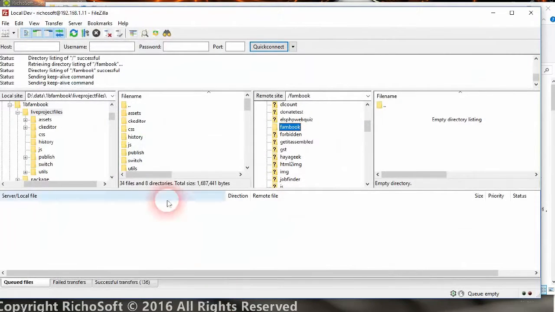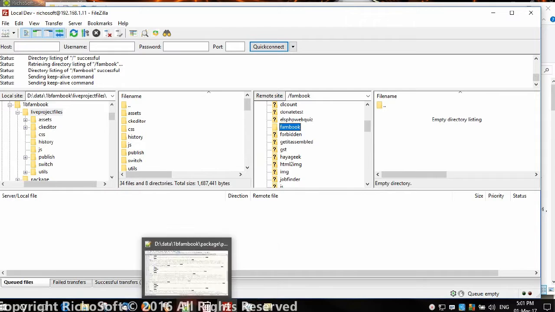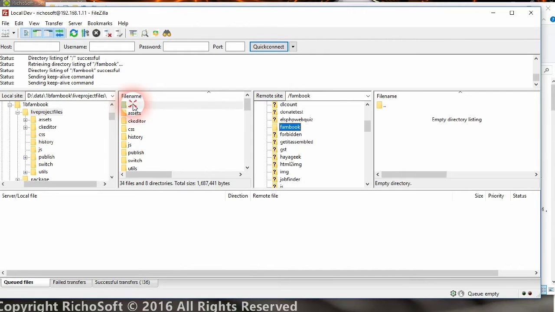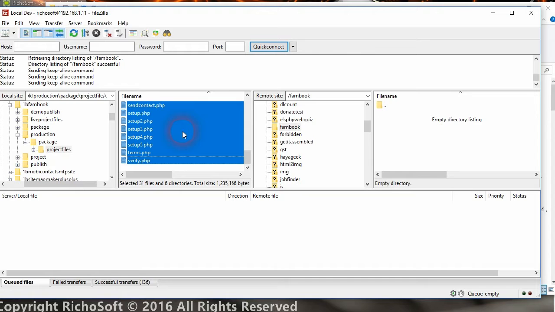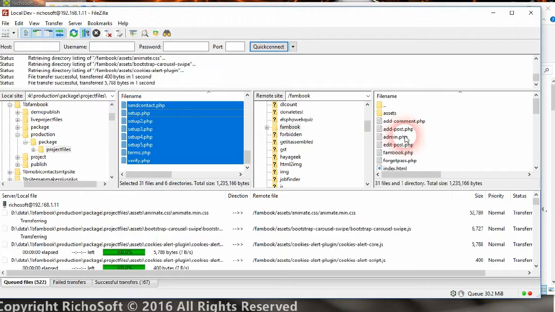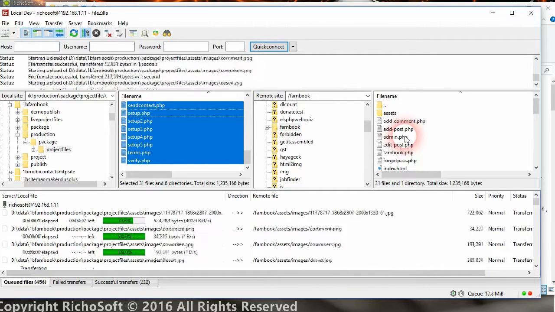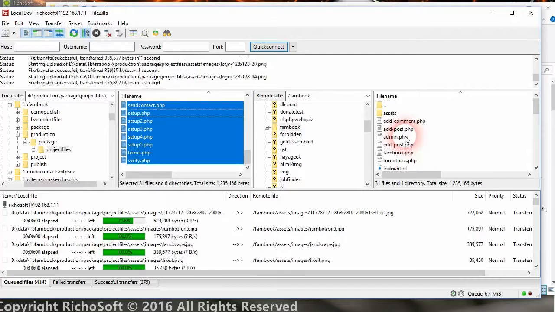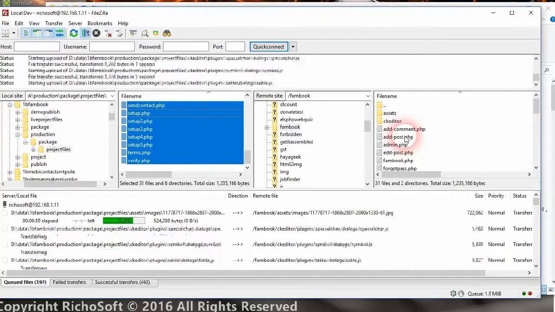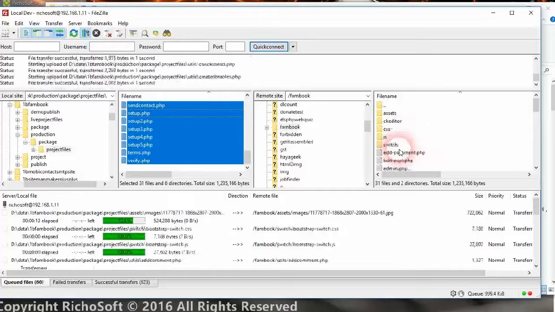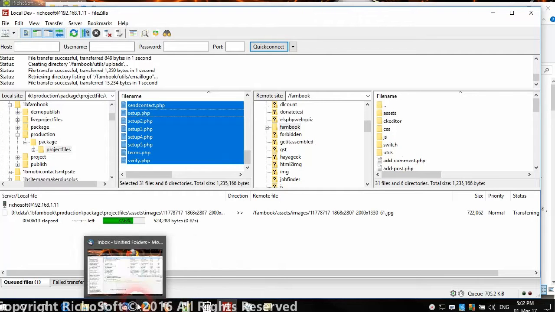So you need to go into an FTP client, something like FileZilla, and then browse to that folder, and you need to transfer all the files and folders from that folder, the project files folder, into your website folder where you're going to install the Fambook. Now it will take a little while to upload them all, as there's rather a lot of files. Okay, so once that's completed,